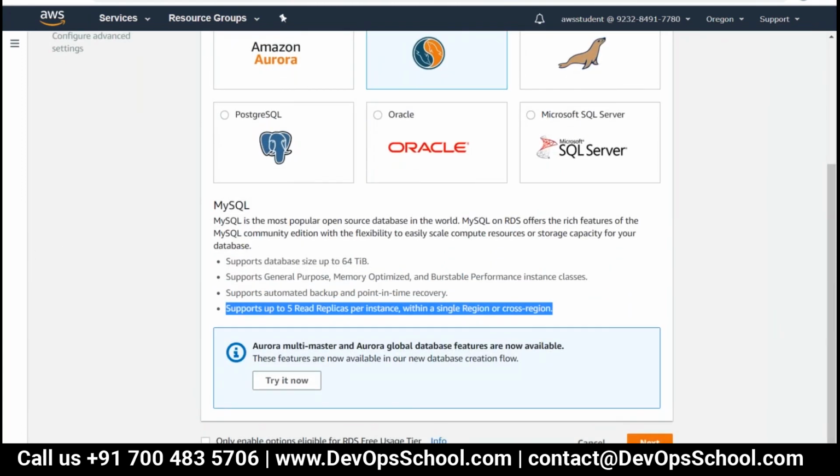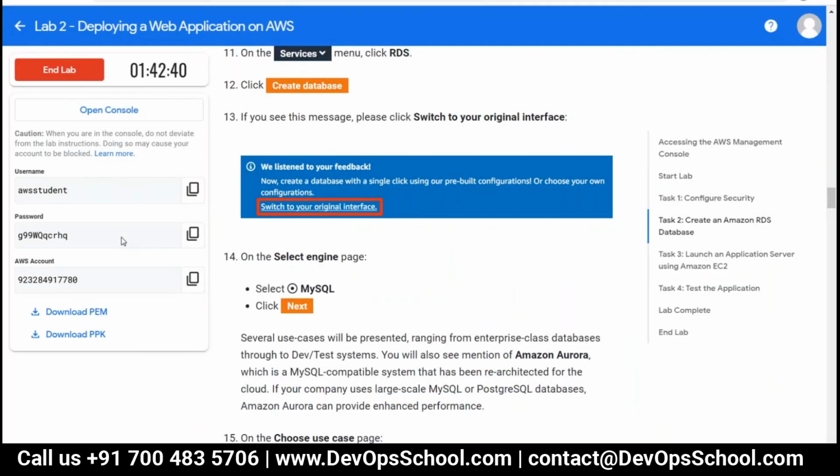Easy to set up actually. I'm in step number 6, configuring security group for the EC2 instance. Let me check with him if he is comfortable now. Ramesh? Yes. You are comfortable, right? For now, yes. Yeah, switch to this interface and then do the database creation. Yeah, go ahead. EC2 instance, I'm in step number 6,